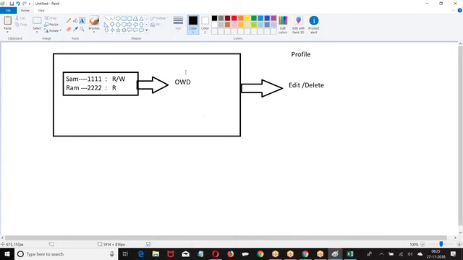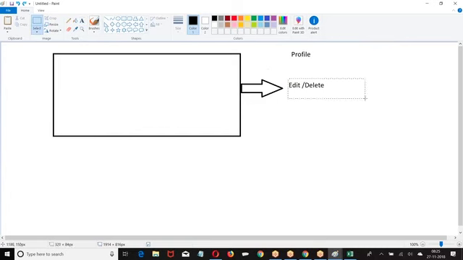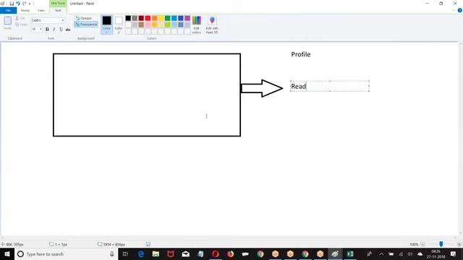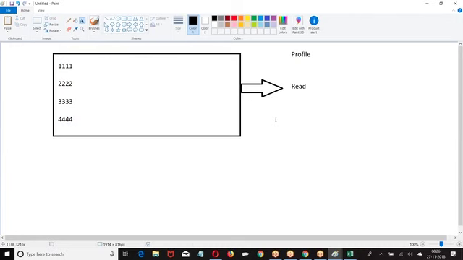Now when I say the table is visible to me, in the table there are so many records. I told read permission. When I say read permission, the table I have 111. When I say read permission, it doesn't mean that I can see every record in the table. Table is visible to you.